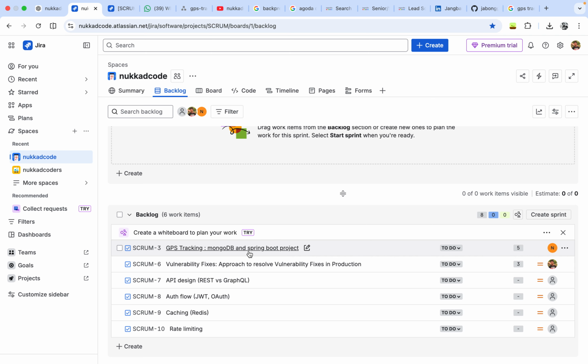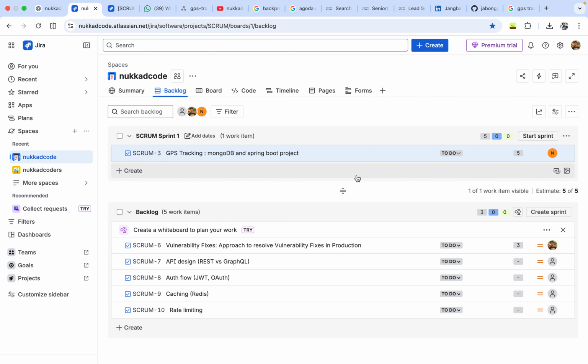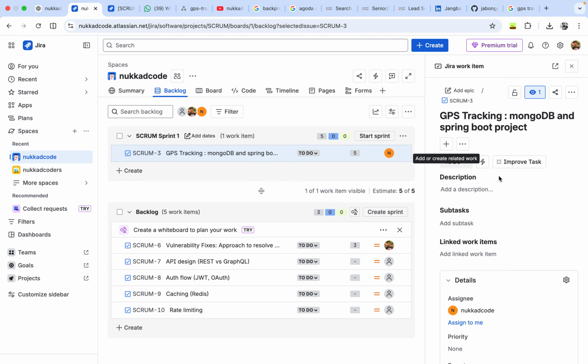So let's move this one from the backlog to our current sprint, and we will start this one, right? We will work on this project only for this sprint, and here you can see details about this, like it has some story points, right? About the description, you can write